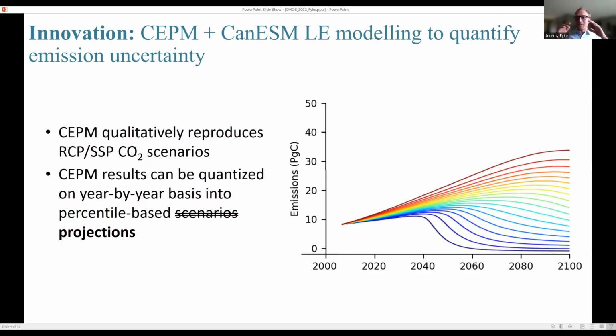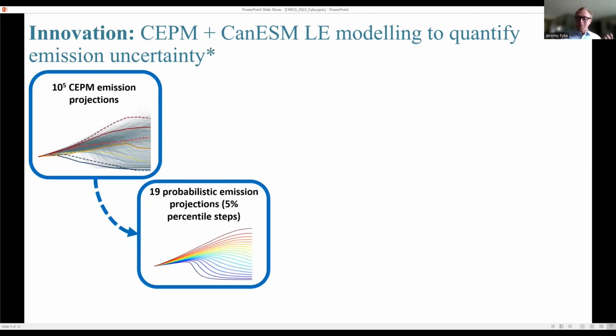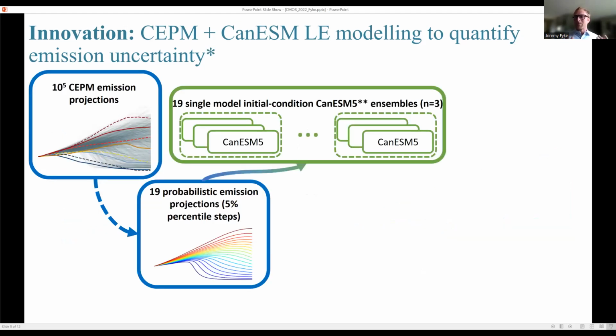Now, these are identical in technical form and function to SSP or RCP emission scenarios you can go and download and run Earth system models with, which are carbon cycle enabled models like we heard from David. This is what we've done. We've taken these composite percentile-based emission scenarios, which have ingrained in them, we would argue, some sense of emission likelihood, and driven an ensemble of